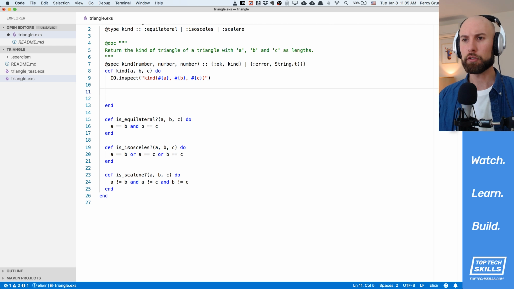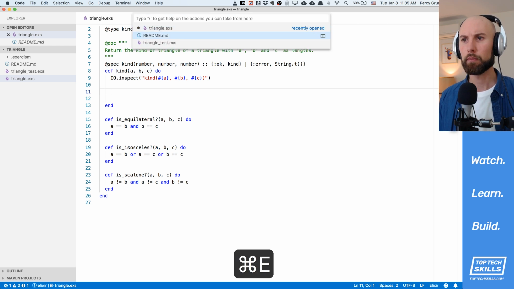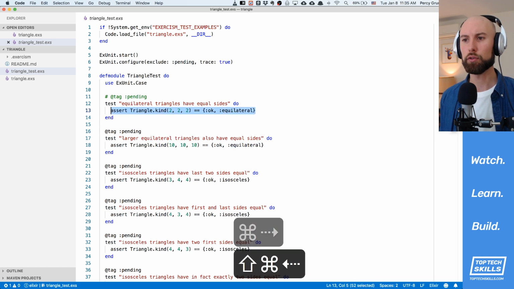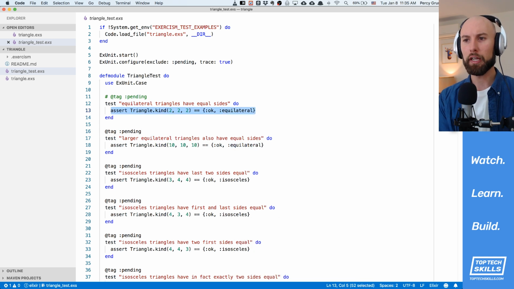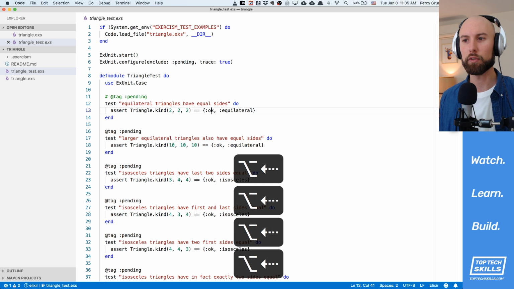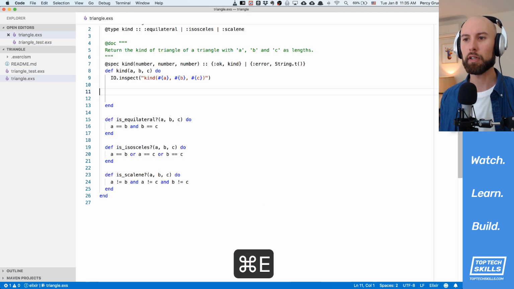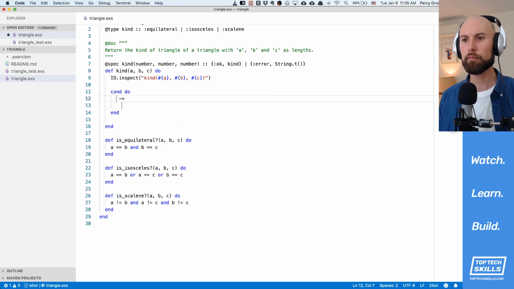since we want to do an early return, right? For example, I can see in the test that if we pass in 2, 2, 2, it's going to return equilateral and not isosceles. So this triangle is also an isosceles triangle because 2 of the sides are the same, but this test is telling us that we should prioritize equilateral first. So what I'm thinking here is instead of having a big if statement, let's use cond, and we'll go